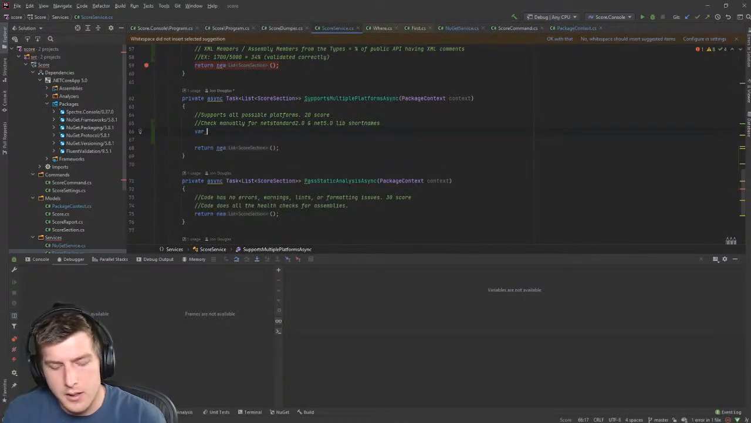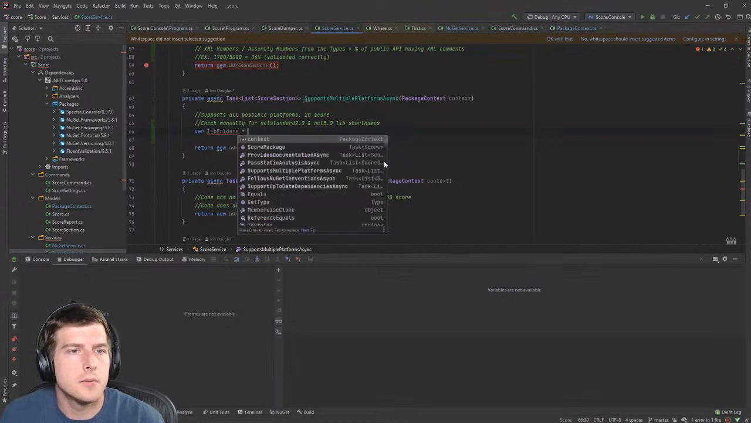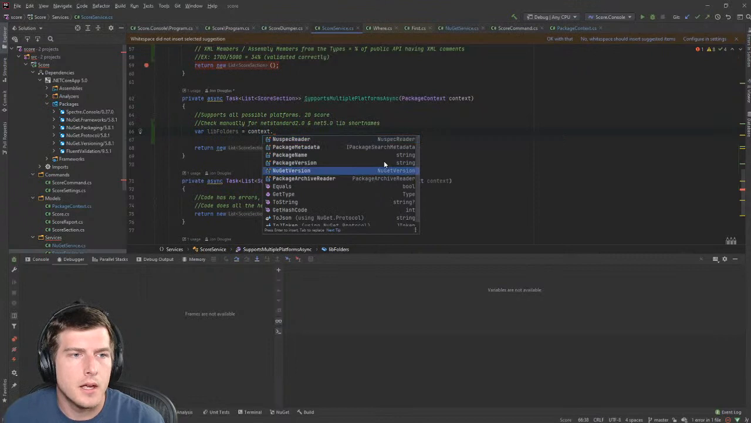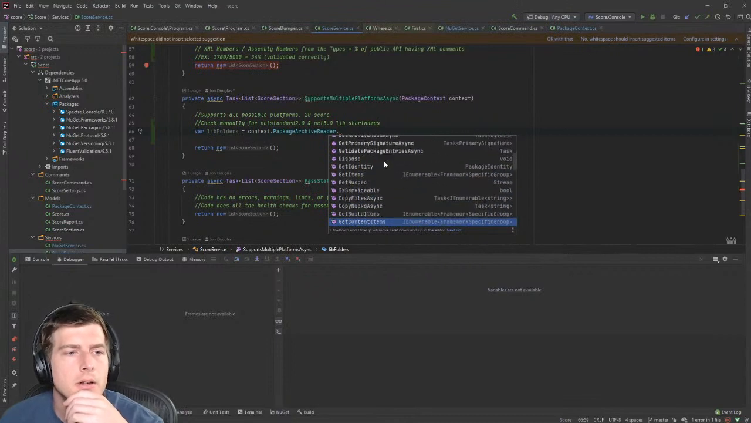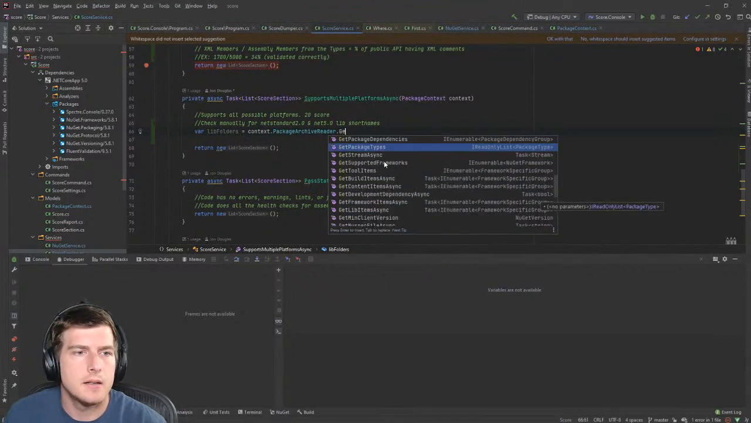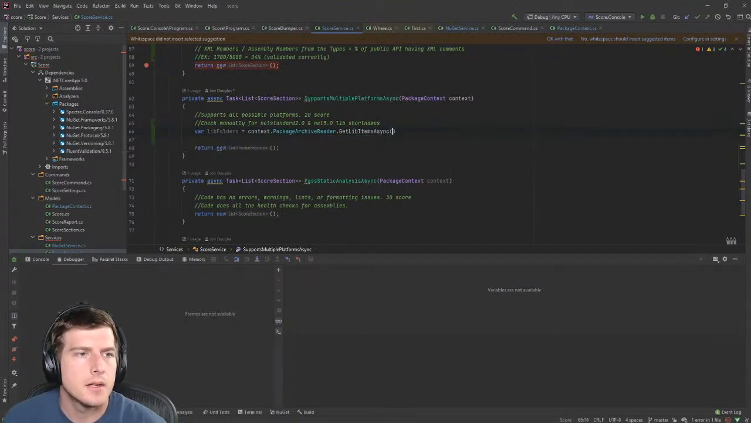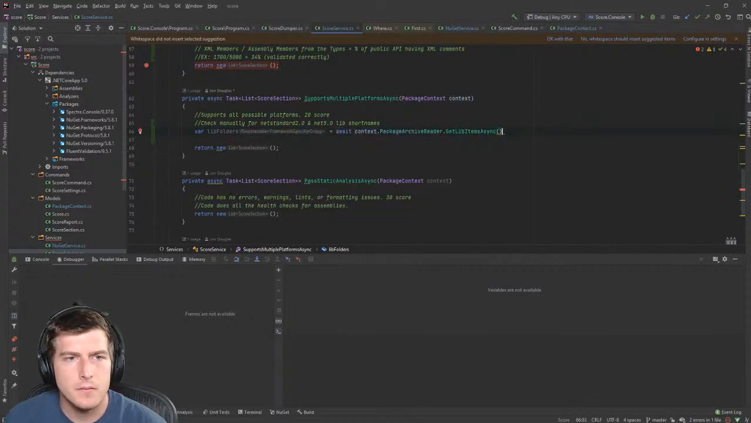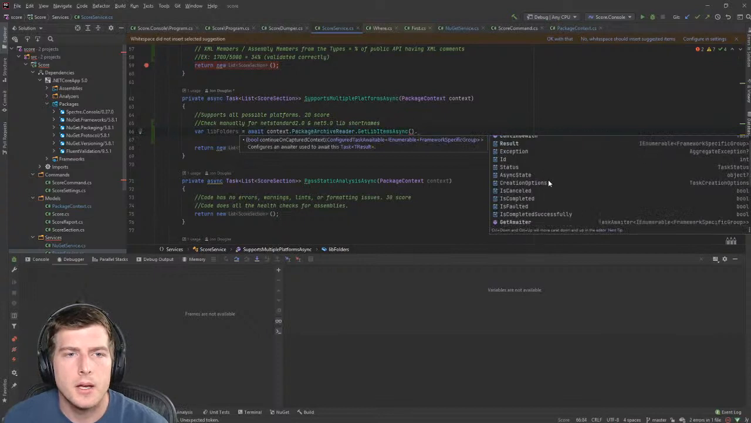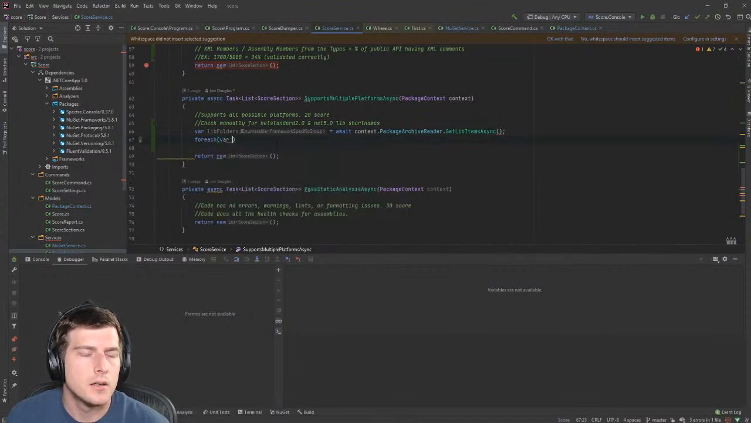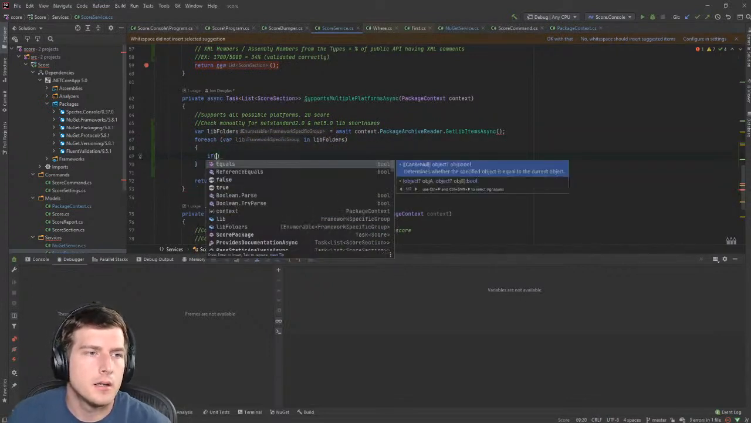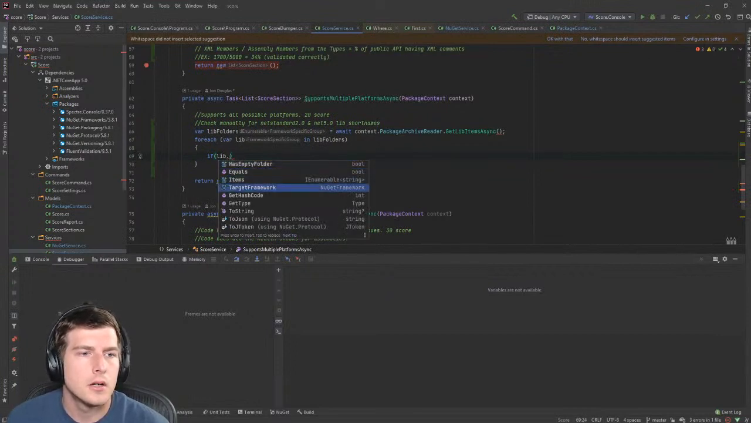Like we would say var lib folders equals context dot, again, going back to the archive reader here, I think is what we wanted. Dot, I guess I kind of got rid of, what was it? Is it get lib items? So I can do something like this. So grab all those. So inside of there, I might just be able to grab all the lib items and then say foreach var lib in lib folders, we would then say if lib dot target framework, I think,